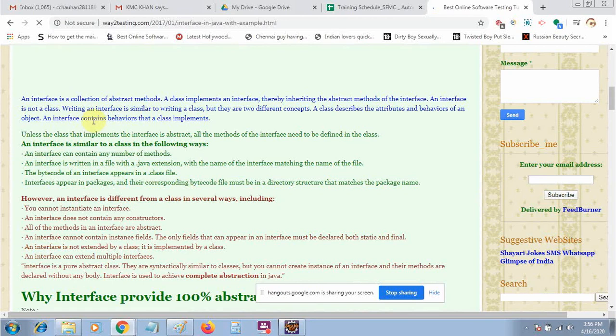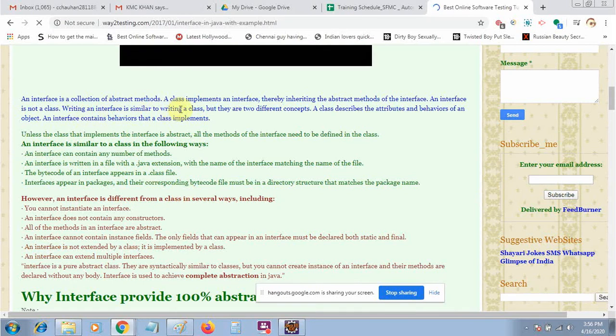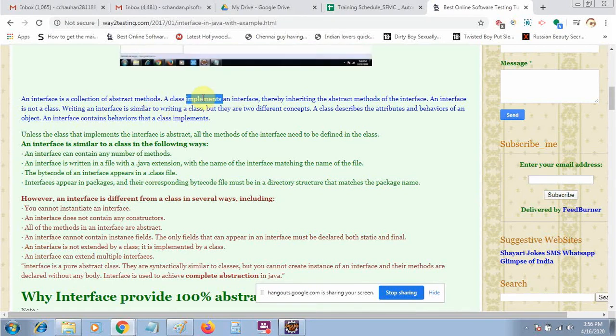So look, an interface is a collection of abstract methods. A class implements an interface, thereby inheriting the abstract methods of the interface. An interface is not a class, always remember, although it is very similar to a class. Writing an interface is similar to writing a class, but they are two different concepts.